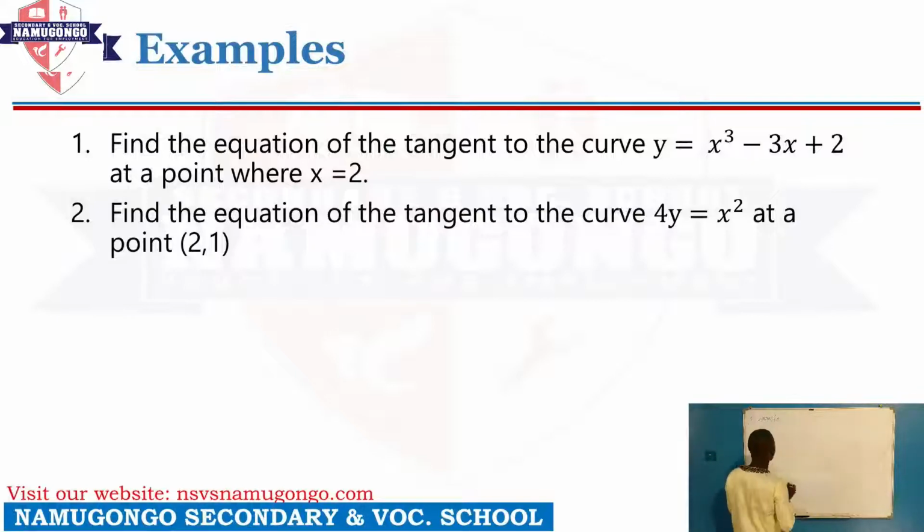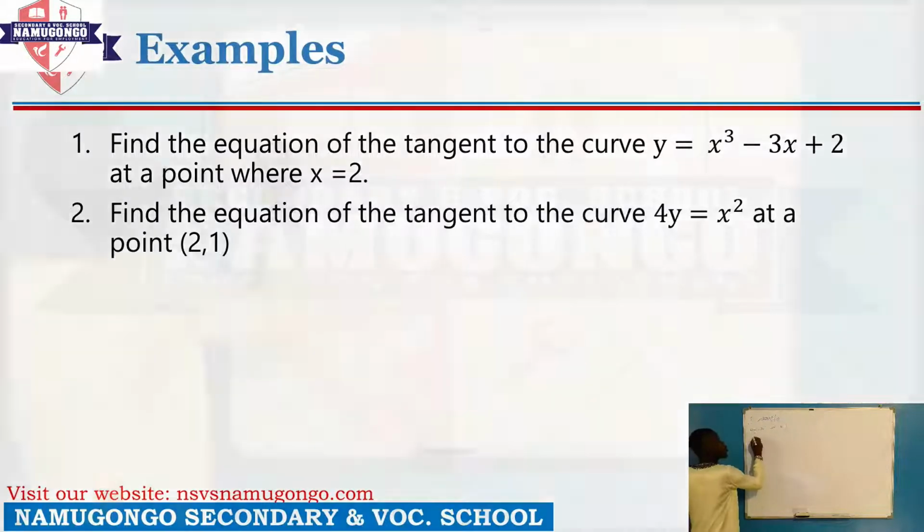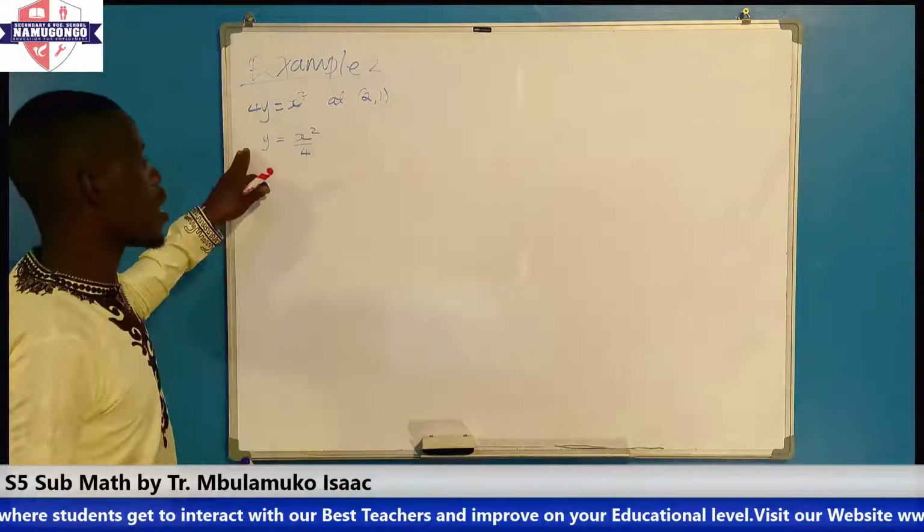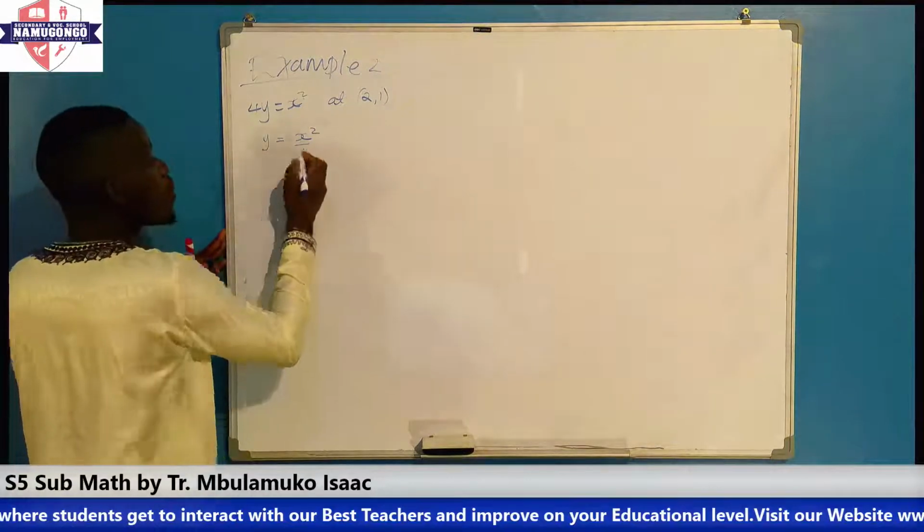The second example is also saying, find the equation of the tangent of the curve. Now, we have the curve, 4y is equal to x squared. Our curve is x squared over 4, at a point, the point is 2, 1. We are given a curve and we have a point. Same procedures. We shall first make this x squared divided by 4 for simplicity of differentiating,